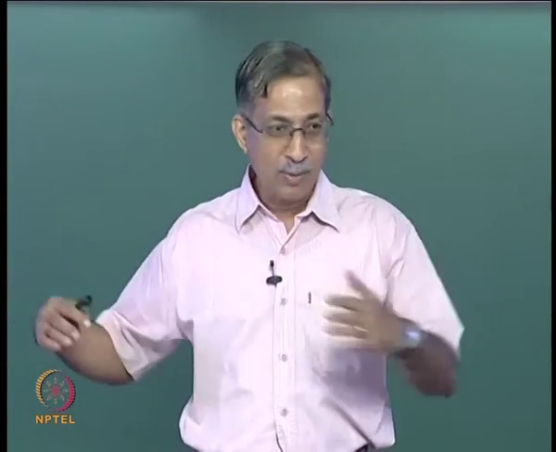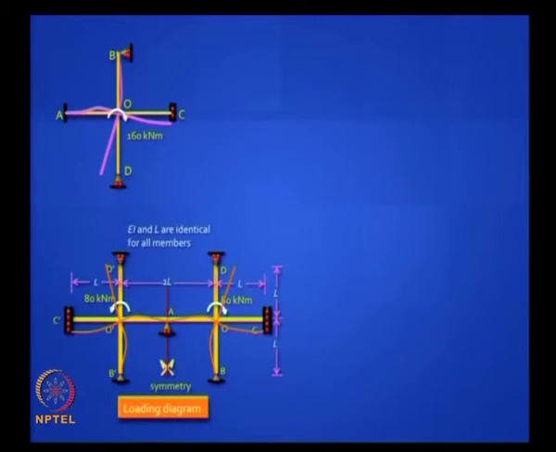If one is clockwise, the other should be anti-clockwise, then only you get a mirror image, right. So if both have to be equal, it's mandatory that the slope will be 0. Is it clear? So you can now take the right half, and this is the deflected shape, right. This is the deflected shape.